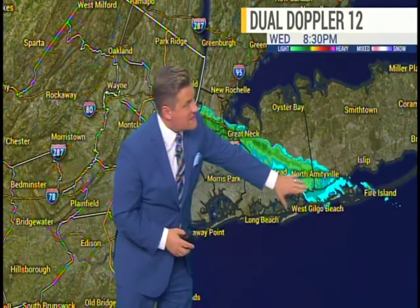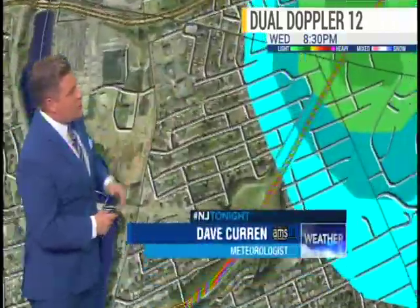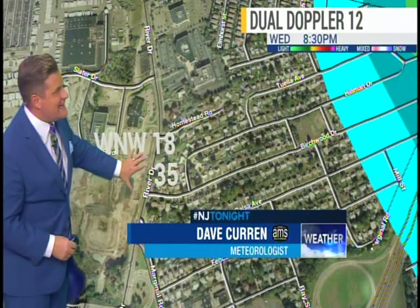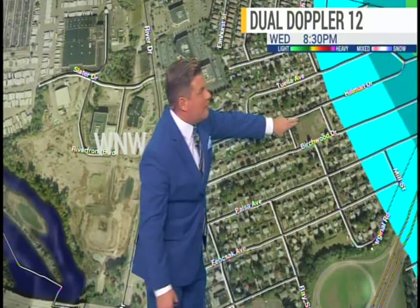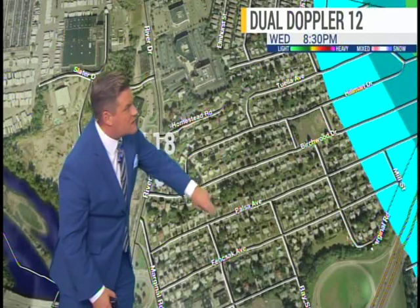It's basically extending all the way over to Fire Island, but the worst of the conditions right here, coming right over towards Interstate 80. This is the Marcal plant. We've got a west-northwesterly wind at 18, gusting to 35. This is coming in this direction right here. So Tooele Avenue from Hillman Drive over towards Birchwood Drive, coming in towards, what is that,